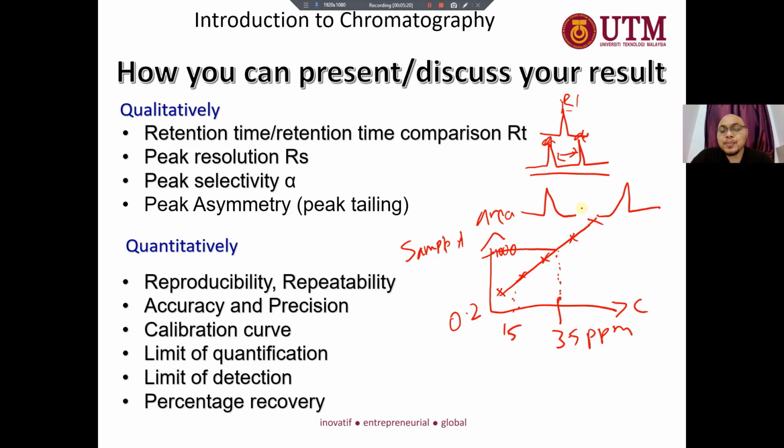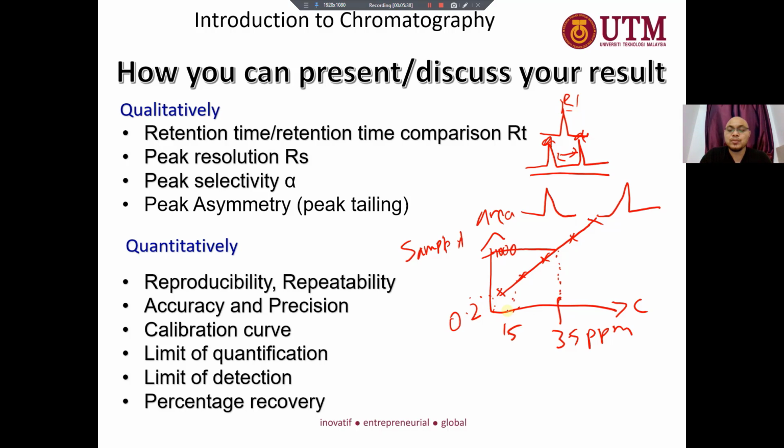Let's say, from the calibration curve, you are not able to do the process. Of course, because you start from 1 ppm, you cannot use the curve to determine the